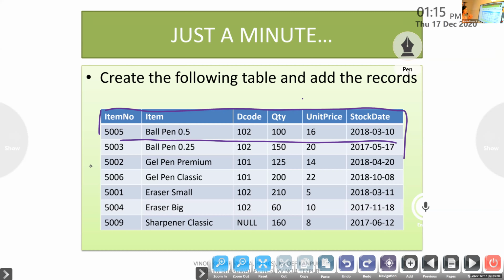Supermarket, you can create a database with the name supermarket. Anything you can do.